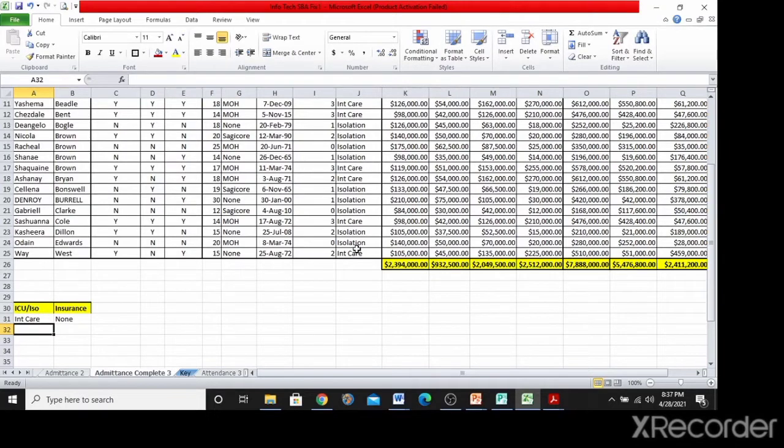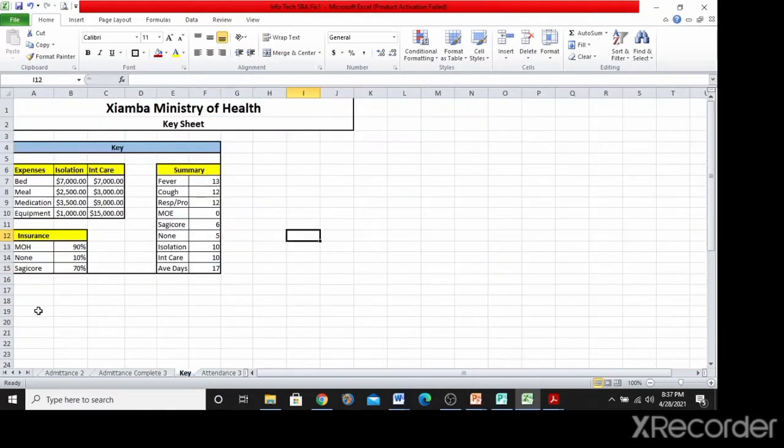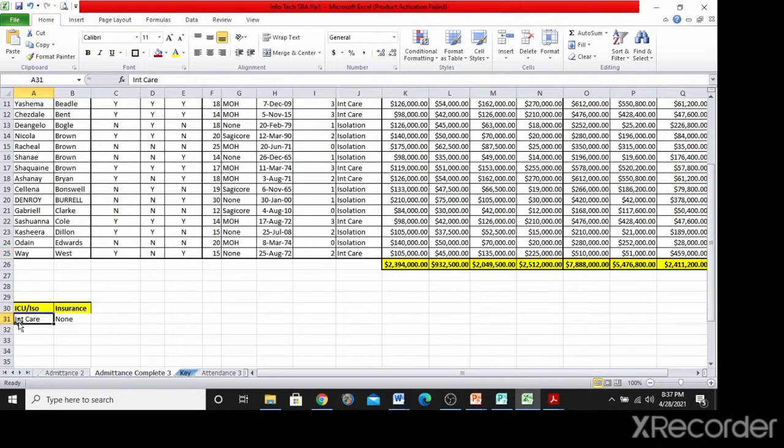If you are uncertain, remember that this information is coming from the key. So to make sure that it's the same thing, it's coming from right here. You can just copy it from here and paste it here, and it becomes the exact same thing. All right, so we'll make sure that what we have here is what we have in our data. All right, so this becomes my